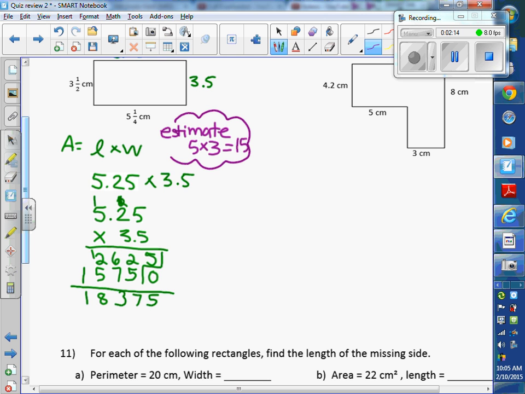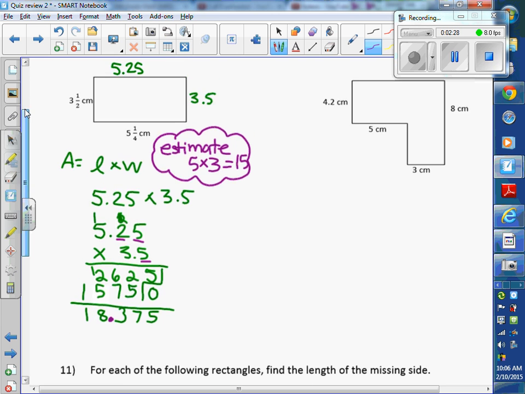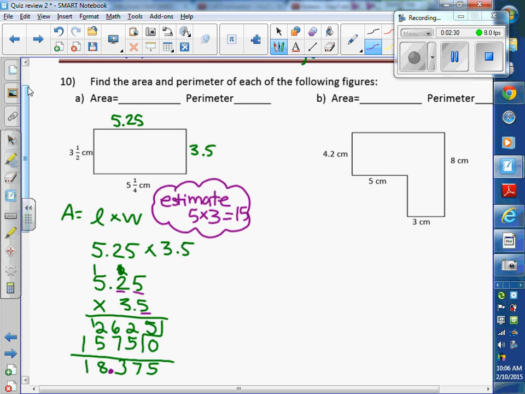So that helps me use my number sense to place my decimal right there. Also, counting the digits beyond the decimal in the problem, there's 3, so there should be 3 digits after the decimal. So changing from benchmark fractions to decimals gives me 18.375